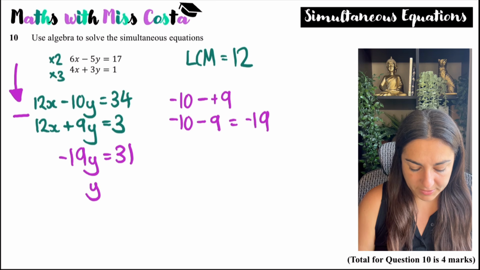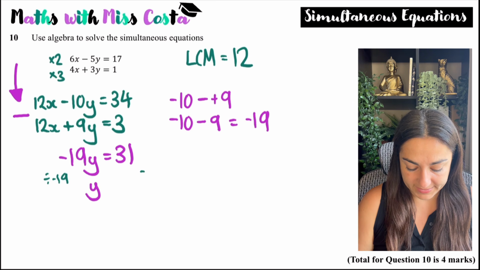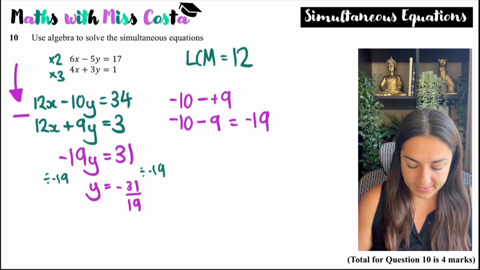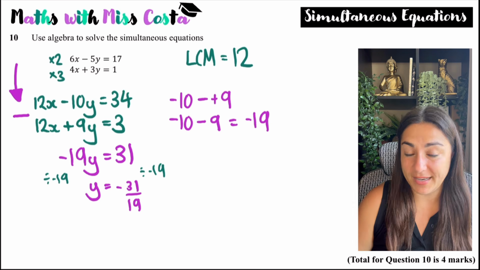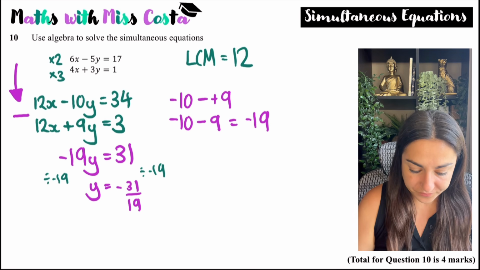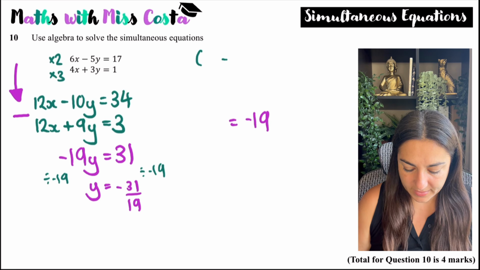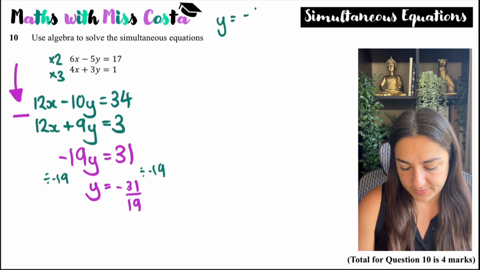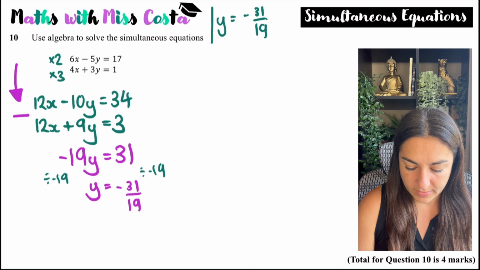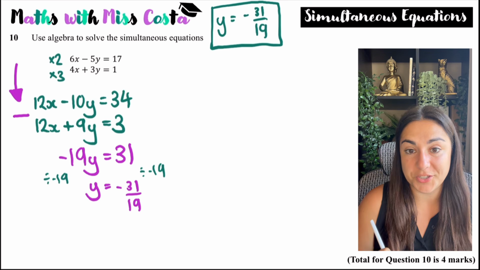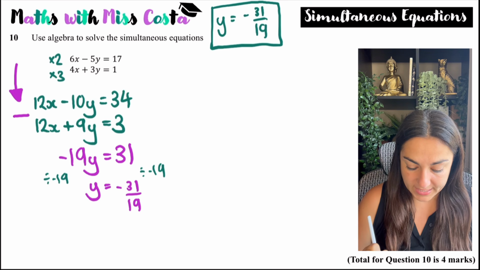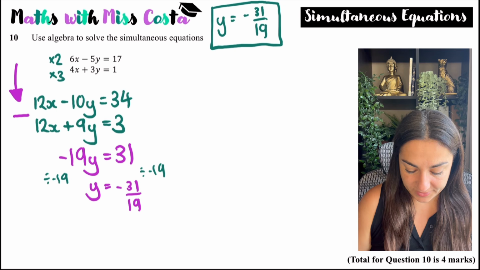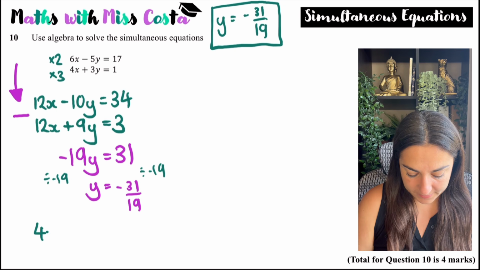So I'm going to divide both sides by minus 19. So I'm going to be left with minus 31 over 19. So not a nice number, but if I leave it as a fraction, I can easily manipulate it. So y is minus 31 over 19. I then have to substitute that into one of the equations to figure out what the value of x is. So I know that 4x plus